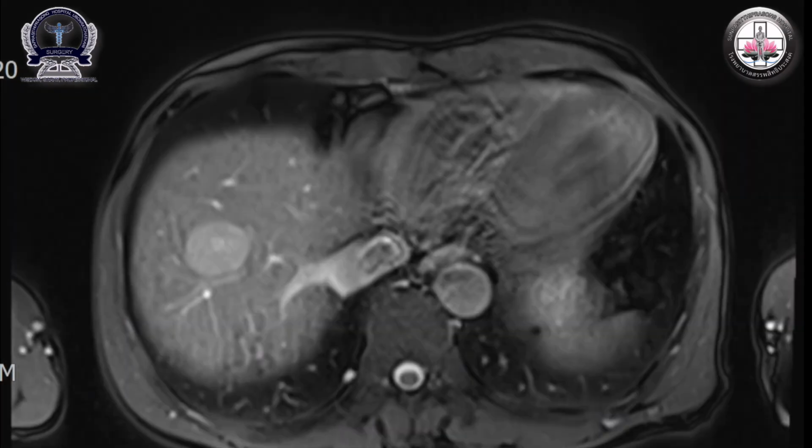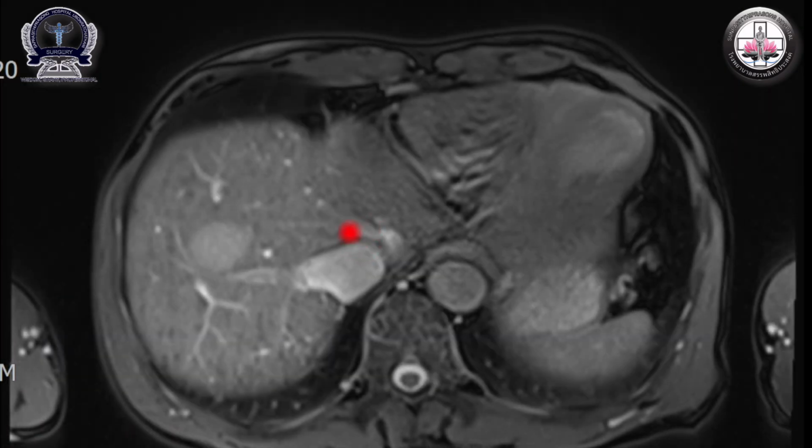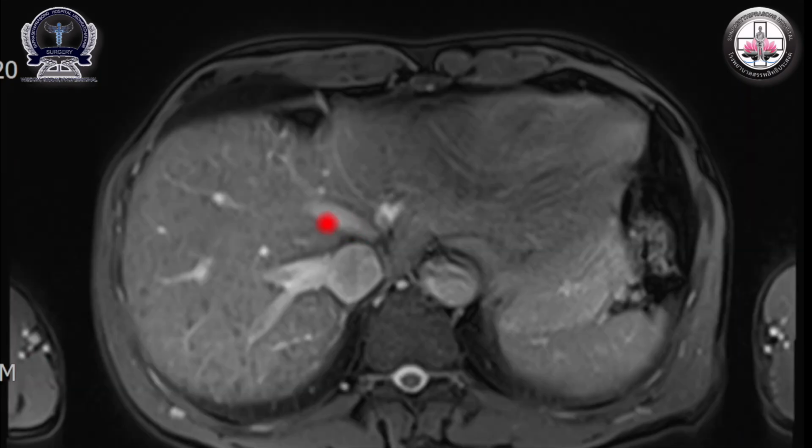The tumor is located at segment 8. Our plan of surgery is a segment 8 segmentectomy. We plan to start the operation at the root of the middle hepatic vein. The transection direction is cephalo to caudal direction, starting at the root of the middle hepatic vein and along the